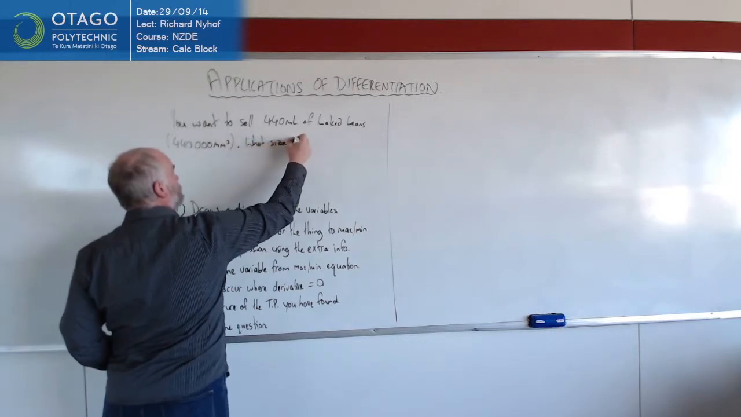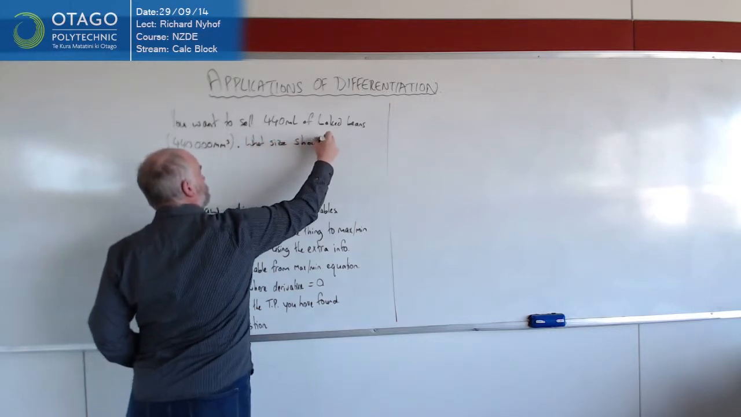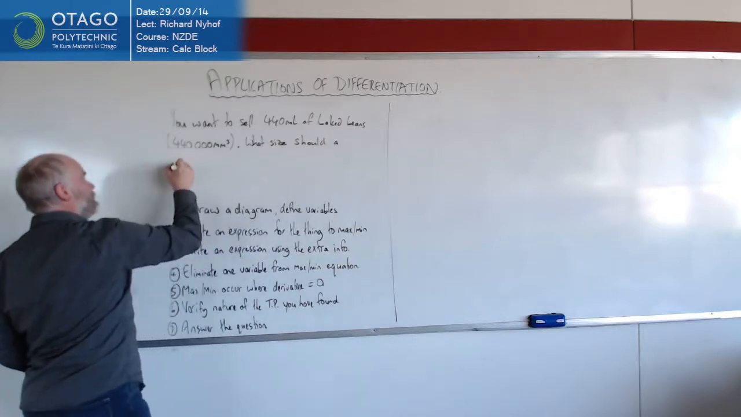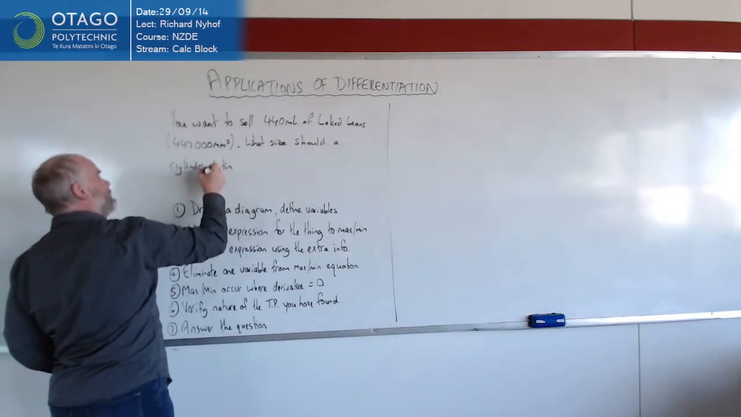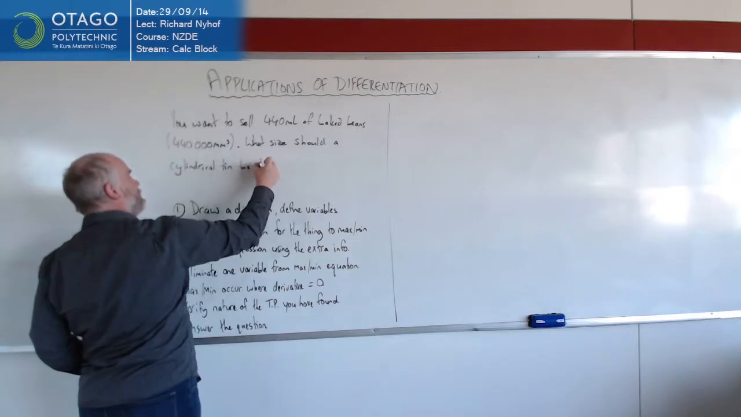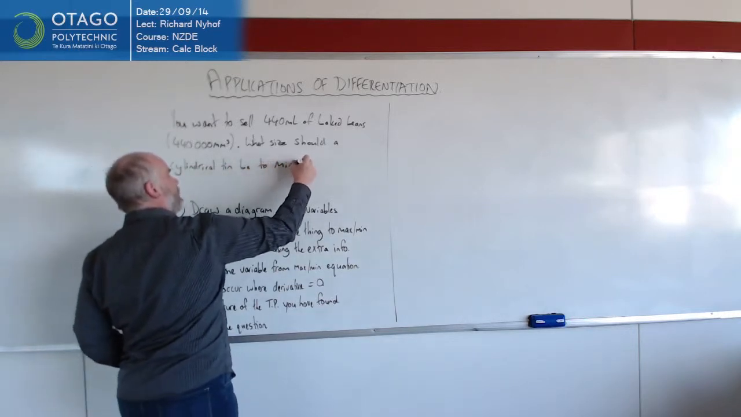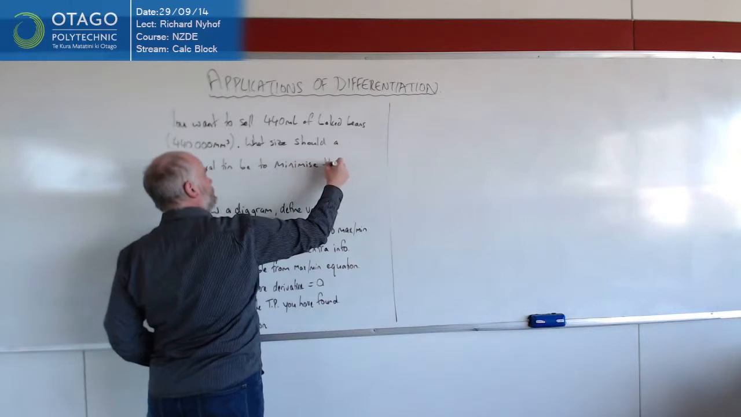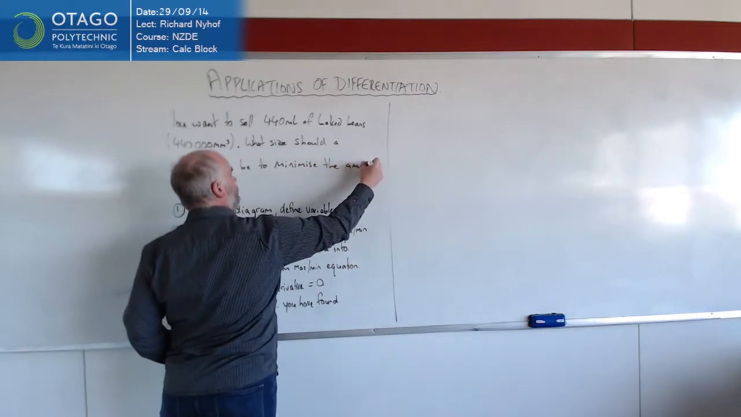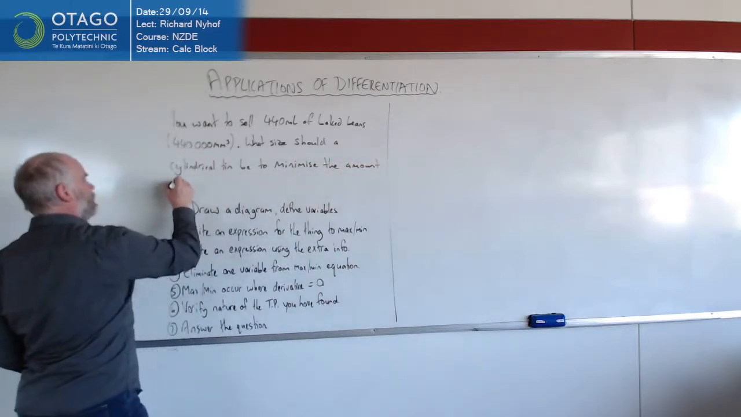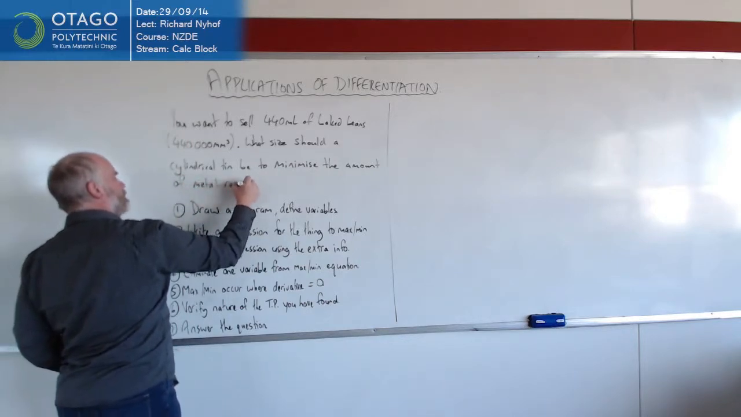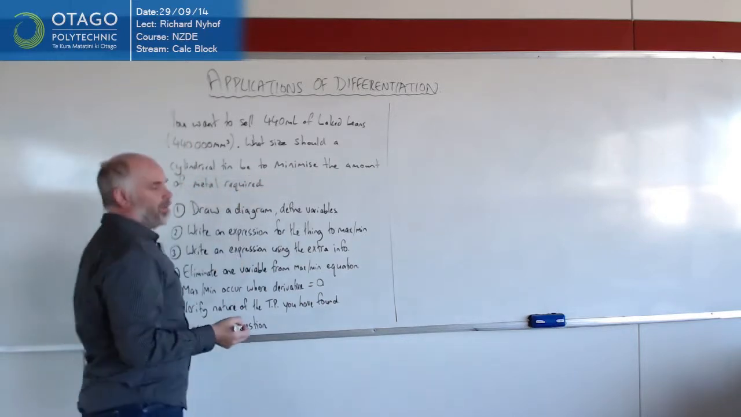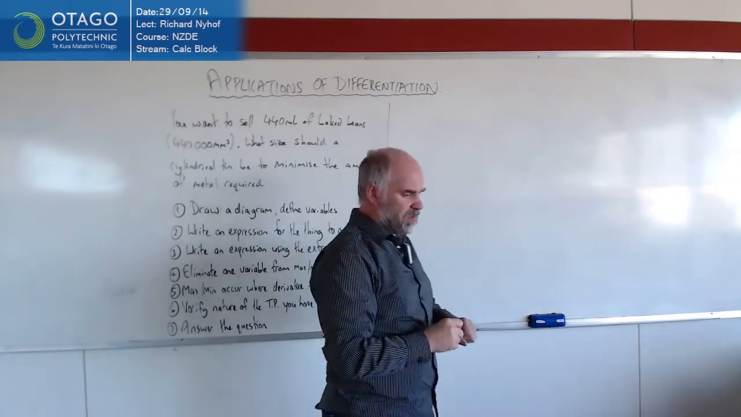what size should a cylindrical tin be to minimize the amount of metal required? Okay, so when we're going to make our baked bean tins, we want to use as little